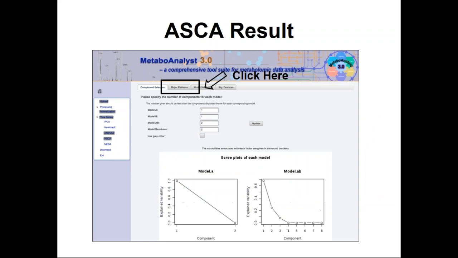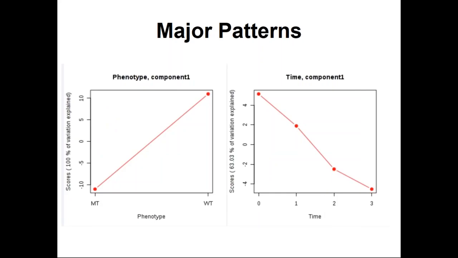that certainly you can talk about and interpret. So ASCA uses a PCA approach to do this, and if you clicked on the ASCA option with this data set, you'll get this first, which is a little hard to interpret. But if you just click on this tab called Major Patterns, you can see these trends. Between the mutant and the wild type, they are very different. And because we're only looking at 2 phenotypes, fair enough. But then we've got 4 different time points, and we can also see a pattern in terms of the simple trends there. Fair enough. And arguably they're in opposite slopes.